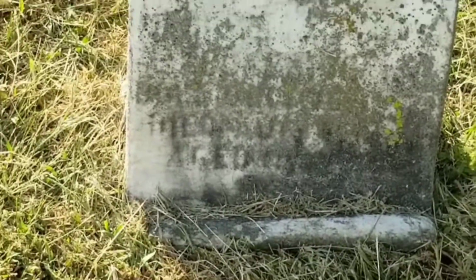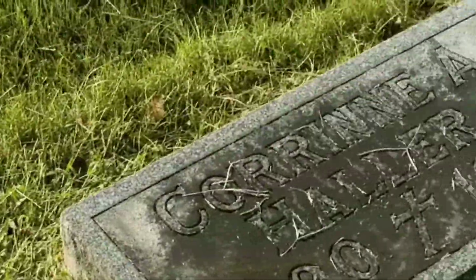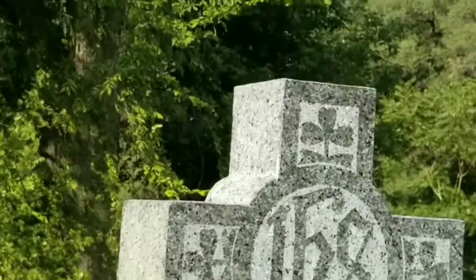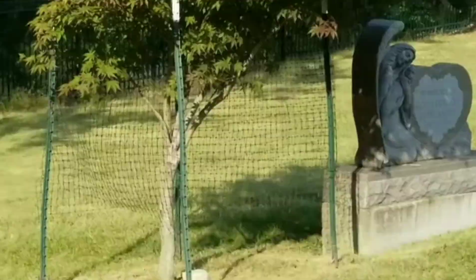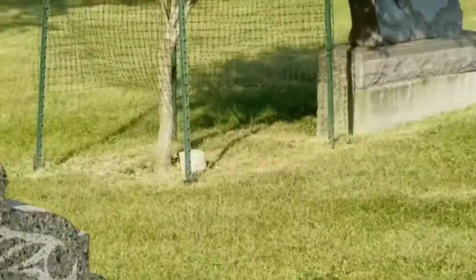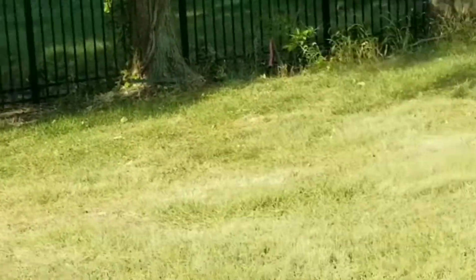Here is another really old headstone. Erosion has worn it away. On this headstone, there's some beautiful work engraved on it. Right there looks like maybe a family planted this tree. As we walk down through here,